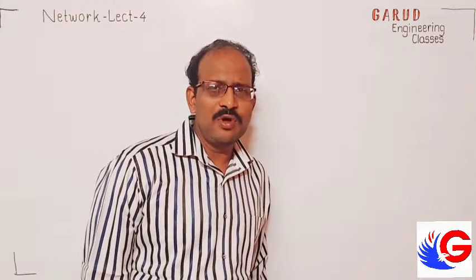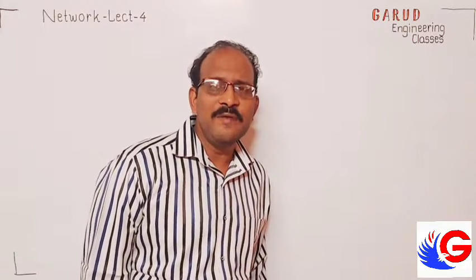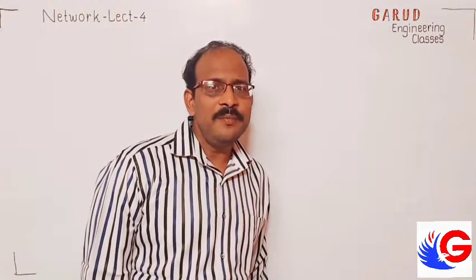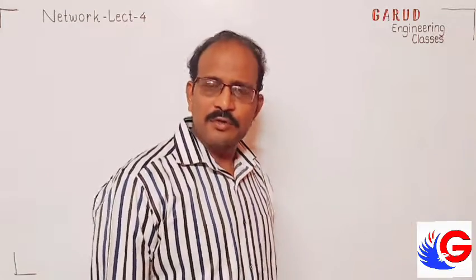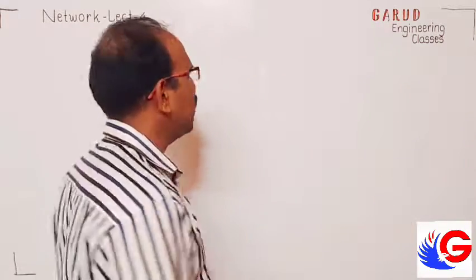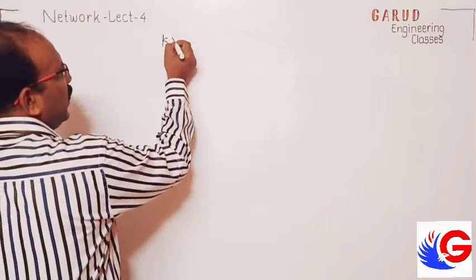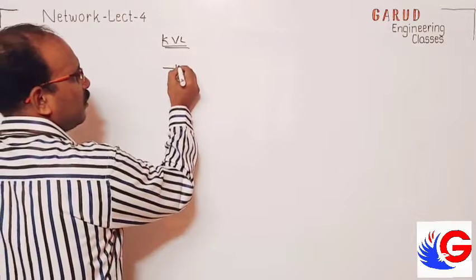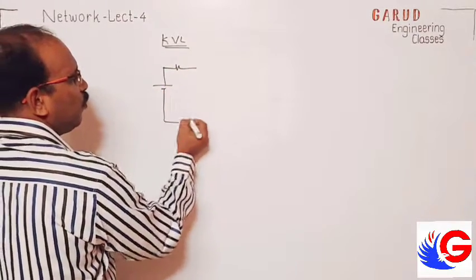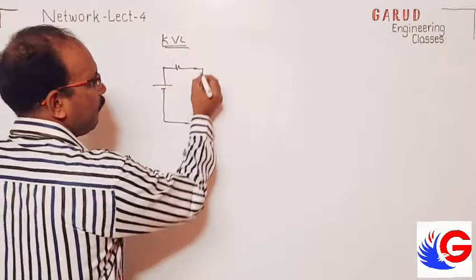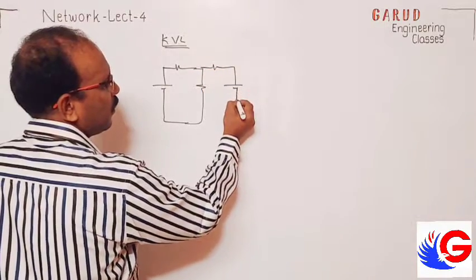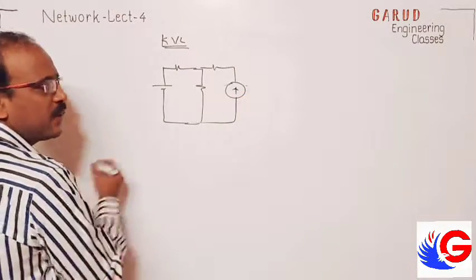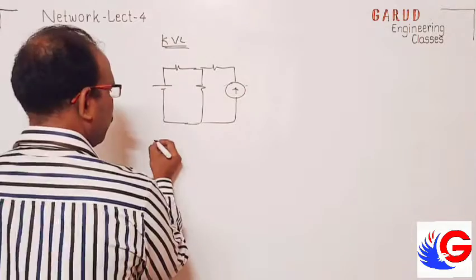You know how to solve using KVL, but before solving, I will revise the method of KVL, method of KCL, method of all theorems. So already one revision is done, then I will also explain to you. Suppose I want to solve using KVL. What are the rules of KVL? Suppose there is a network having two or more loops. So rule number 1 for the KVL.